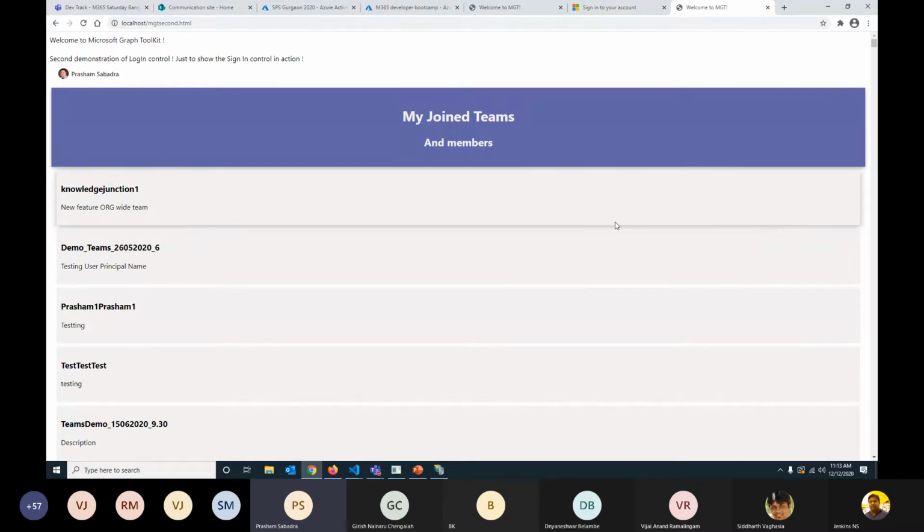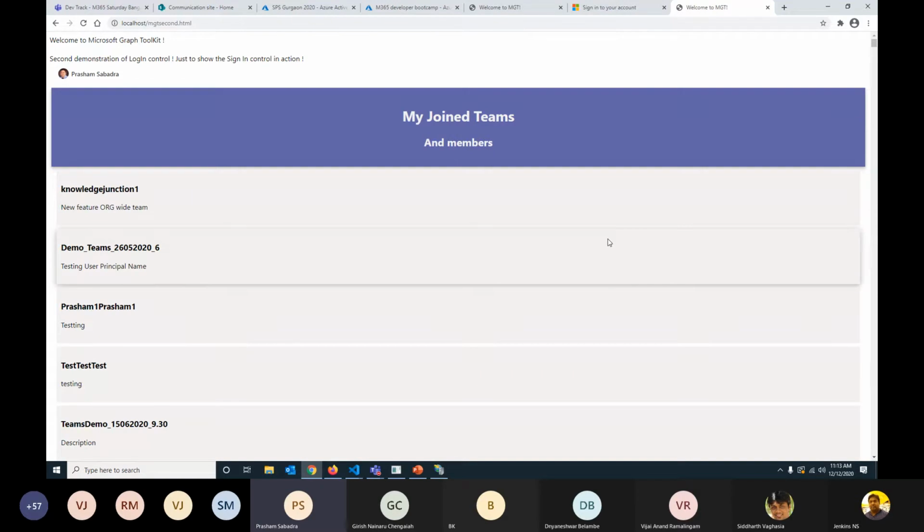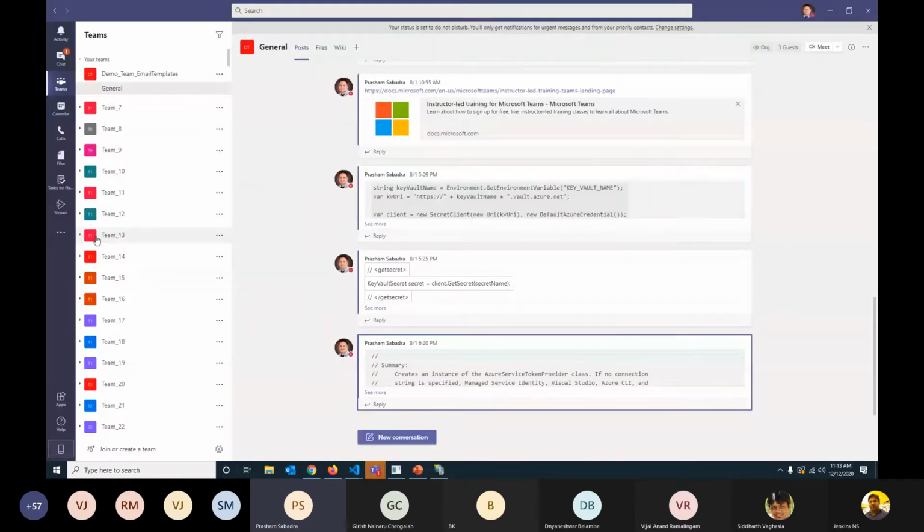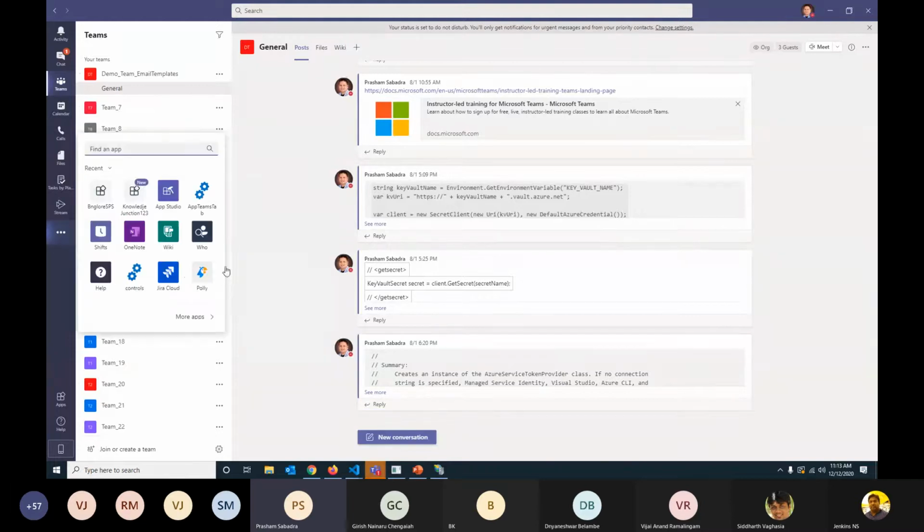And then we explore the Graph Toolkit, and we found that it is very easy to list my teams and so on. The second scenario comes in this way: the customer wants an app, because the customer now needs to go to the SharePoint site, open that link where the Power Apps form is, and submit the request or order the team.